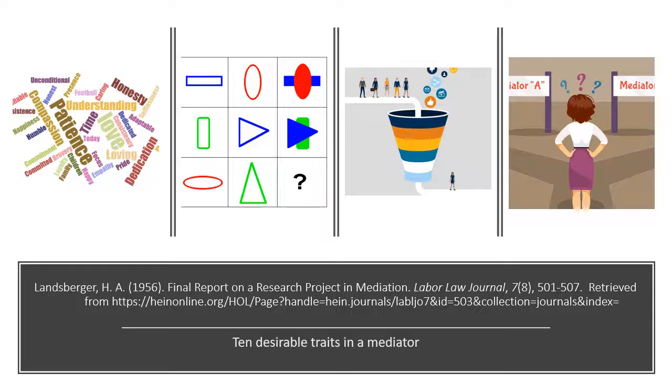Unfortunately, Landsberger had a hard time coming up with specific tests for these characteristics. Personality traits are very hard to test for. So in the end, he just realized that it was better to see which characteristics an individual could have that would make them a better mediator. And depending on which scenario that mediator was going into, certain characteristics would be more preferable than others, depending on the scenario and negotiation conflict that mediator would be stepping into.